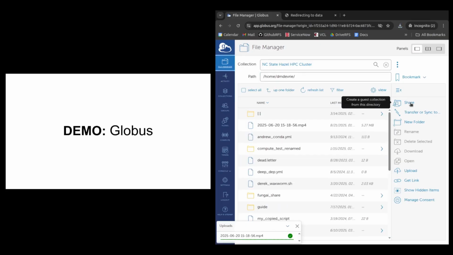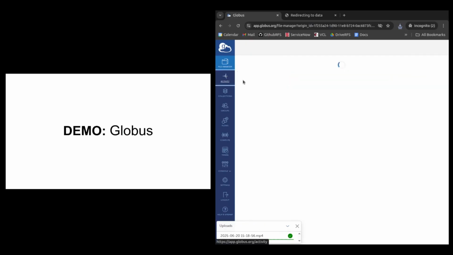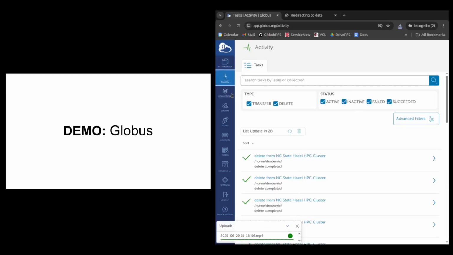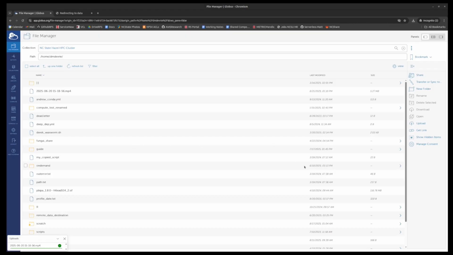Globus also has a share function, which allows you to create guest collections, essentially windows into your storage to share with either internal collaborators at NC State or external collaborators. But this option doesn't work for the Hazel HPC cluster endpoint, though it does work for research storage, but for that reason it's outside of the scope of this training. You have additional options available through this menu here, including monitoring current and past activity, viewing what collections you have access to and navigating to new collections, but those kinds of uploads and downloads through this sidebar here don't take